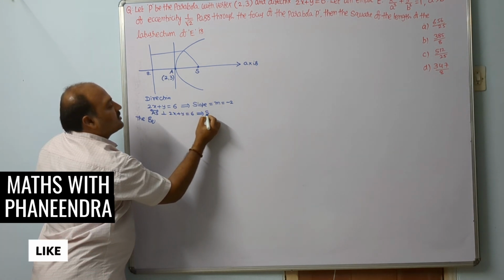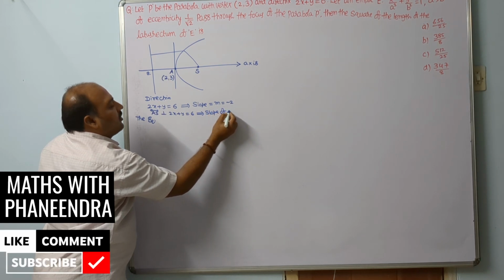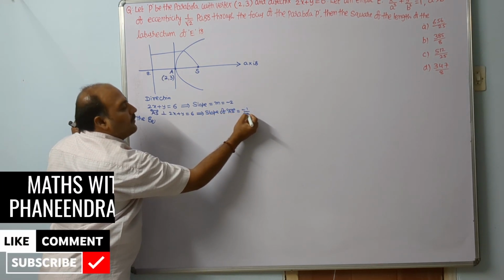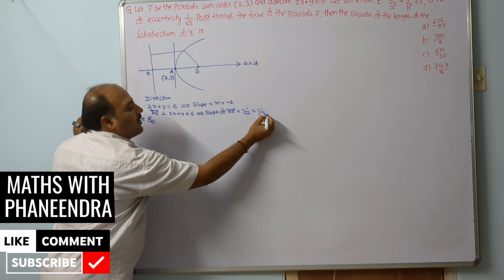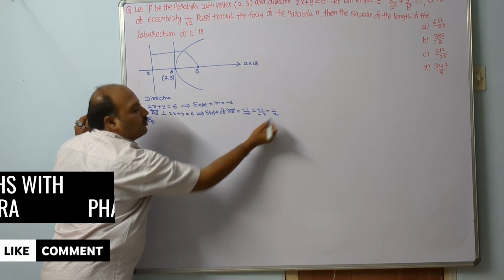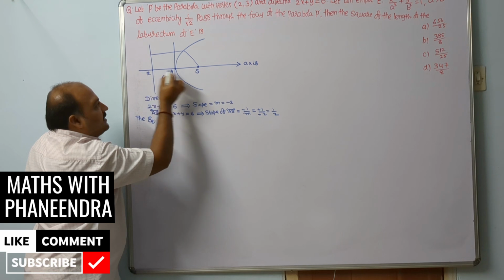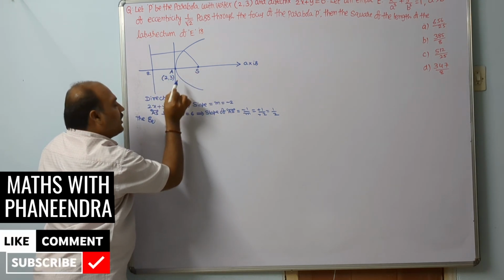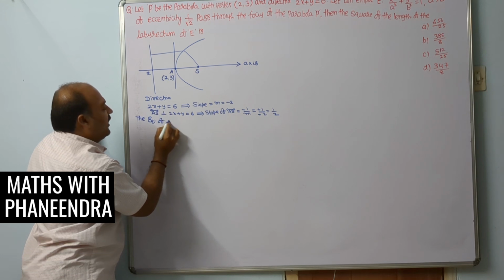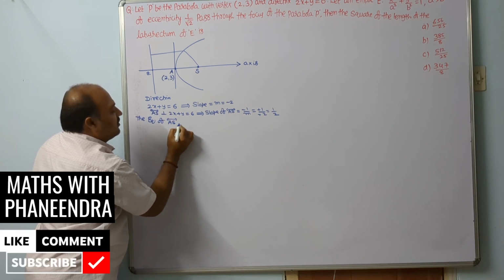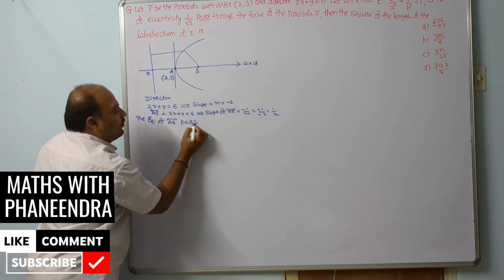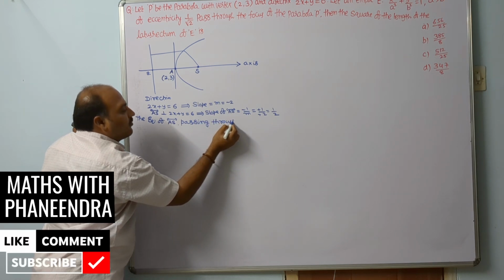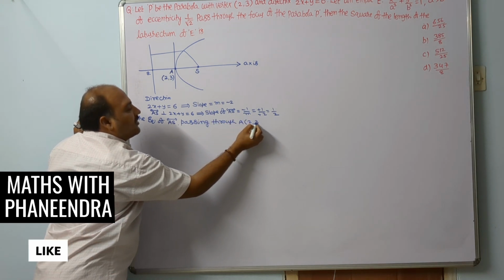That implies slope of AS equation equal to minus 1 by m, minus 1 by minus 2, so 1 by 2. So AS equation slope is 1 by 2 passing through a point. The equation of AS passing through A of (2, 3)